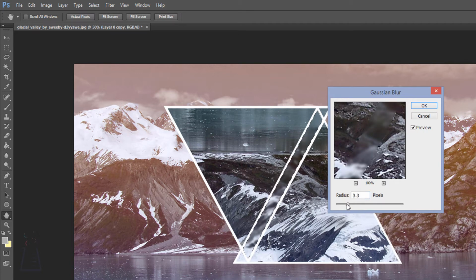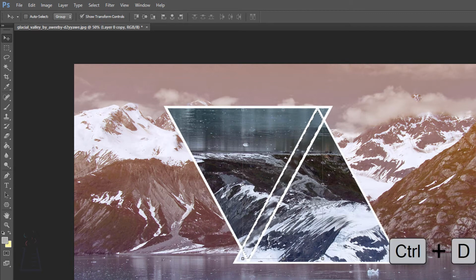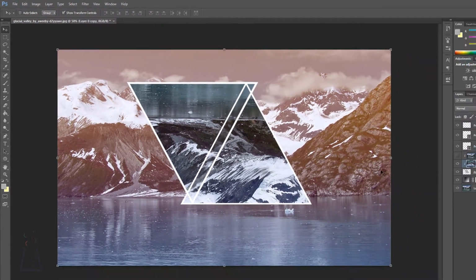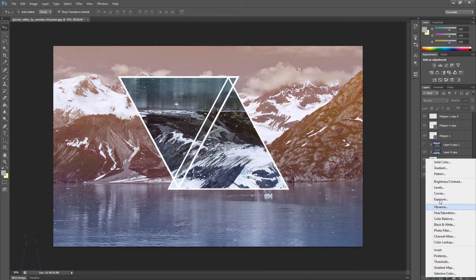Maybe 2.5 will do. 2.5. 2.7 is quite, there we go. 2.5, hit OK, and there we go. Control D to deselect. Done. So that's the Polyscape tutorial. It is simple and very easy. You just go wild and put a lot of effects, or we could just add some random